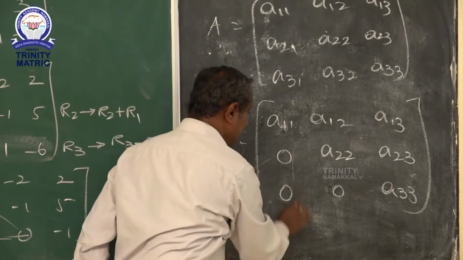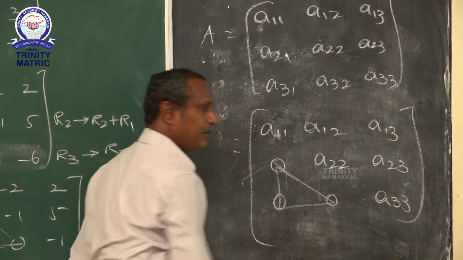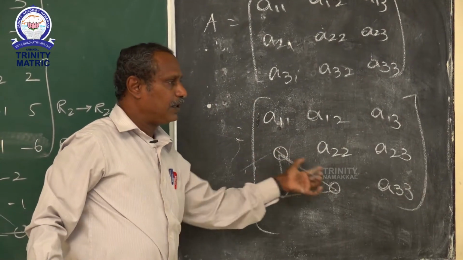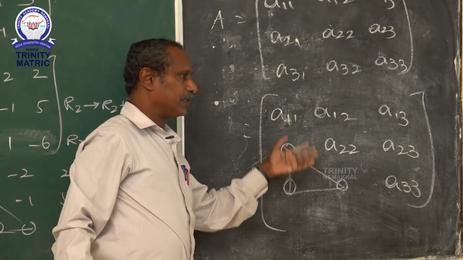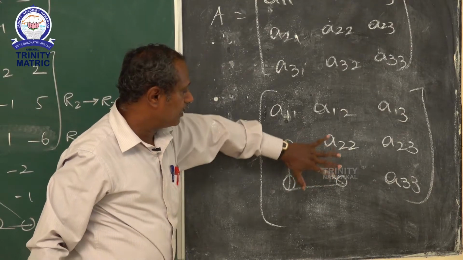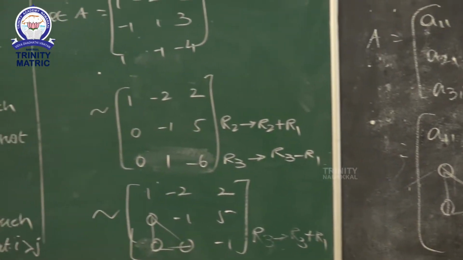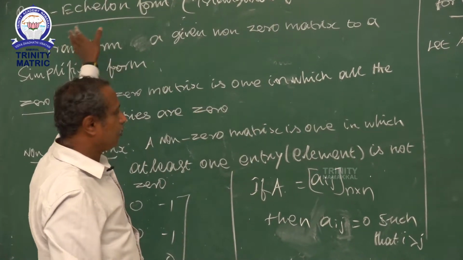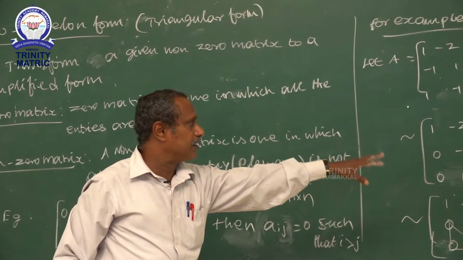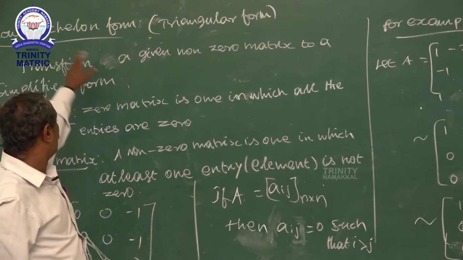The matrix comes in this form. This is the triangular form. So it comes in the triangular form, all the elements, that is, a lower triangular matrix. We are getting the lower triangular matrix. If it is in the triangular matrix form, then that type comes under the row echelon form. Whatever matrix is given, if you convert it into a triangular matrix, then you will get the row echelon form.